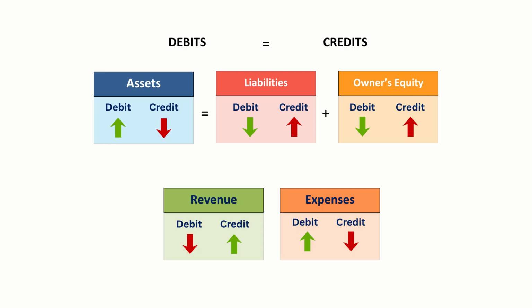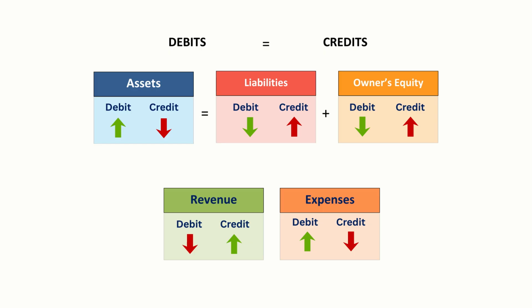Revenue and expenses follow the same debit and credit rules as the main accounting equation. Revenue increases with a credit and expenses increase with a debit. Now let's practice how all of this looks in real accounts. We'll post the transactions into T accounts and then bring them together in a trial balance to check that everything